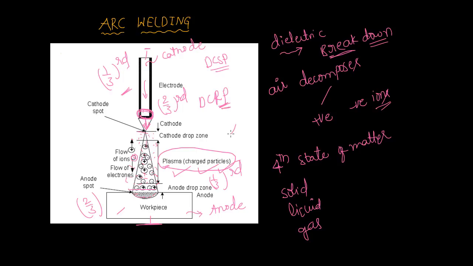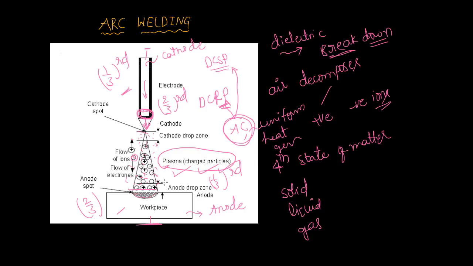So what will happen if I choose AC current? AC current has DC SP and DC RP as well. In the positive half cycle, it will act as DC SP, and in the negative half cycle, it will act as DC RP. That means uniform heat generation. AC means uniform heat generation. Half of the heat will be here and half of the heat will be here. Most of the time we choose AC current only for special purpose welding like aluminum and magnesium. We'll see those things later in shielded gas welding. Wait up to that.